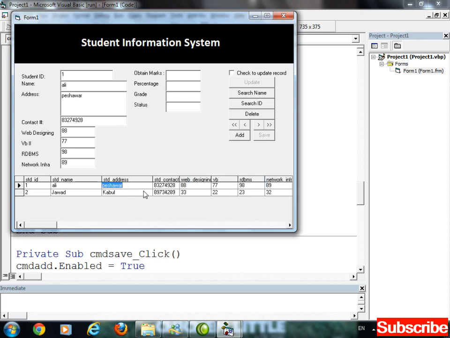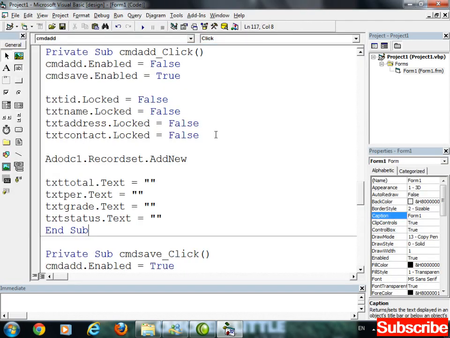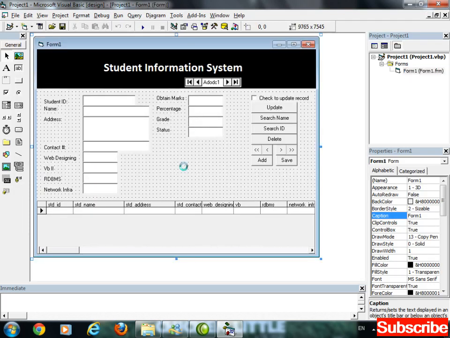Okay, now to display it, you have to add the same code, the code which we have added on the form load. You have to add the same code on the click event of the data grid. Start project. Stop the project, and here is the code for these 4 text boxes on the form load.